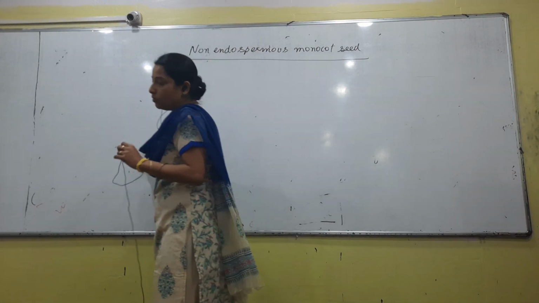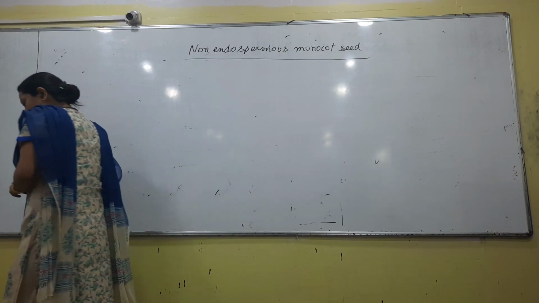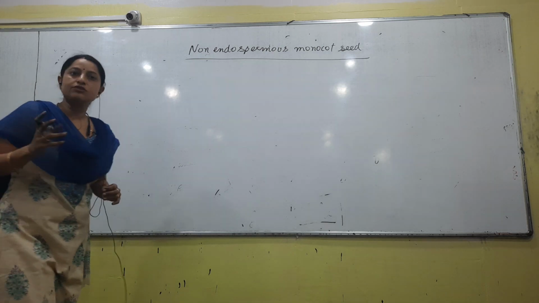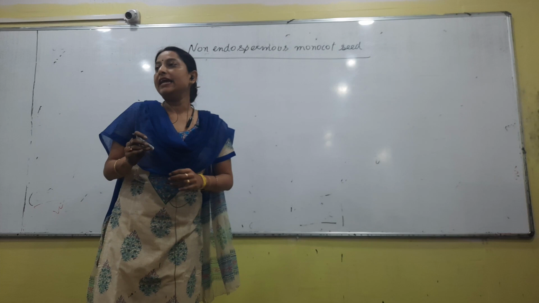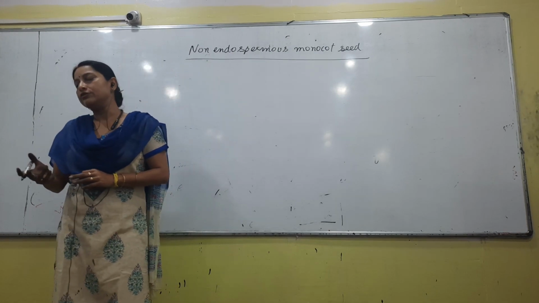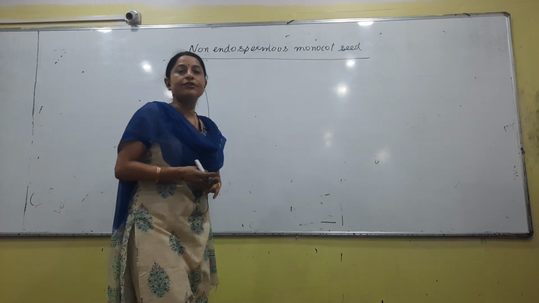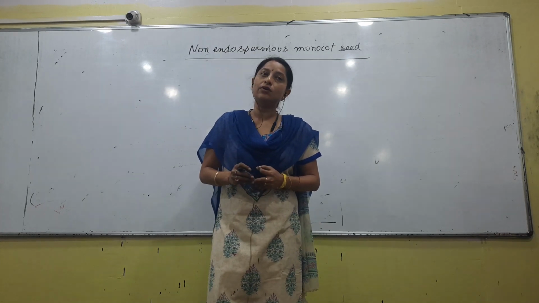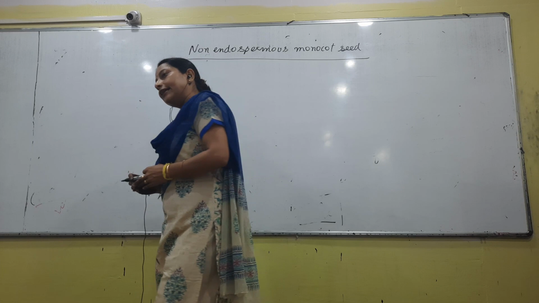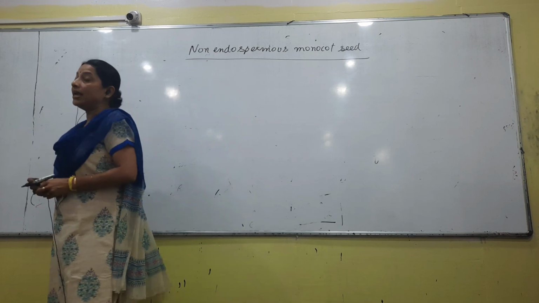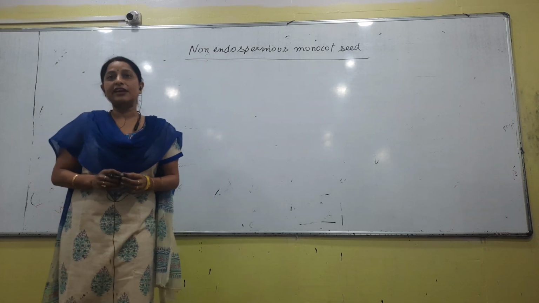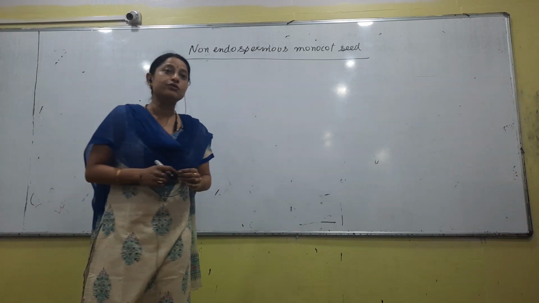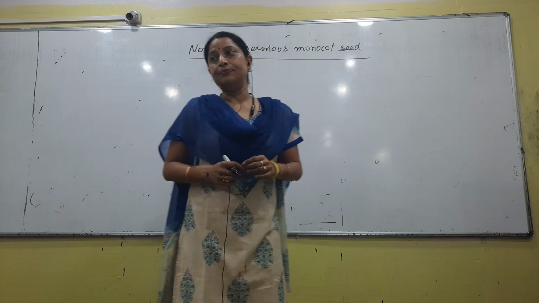Okay. So up till now, what we have studied is, if you are talking about a seed, it is that structure from which the baby plant will germinate. This is one sentence that we know. A seed could be endospermous, it could be non-endospermous. If a baby plant has to germinate, it will require food. It will be stored in the cotyledons, or it will be stored in the endosperm. Now, think of a seed where it has just a very small cotyledon, and plus it does not have an endosperm also. So, what will happen to that seed?